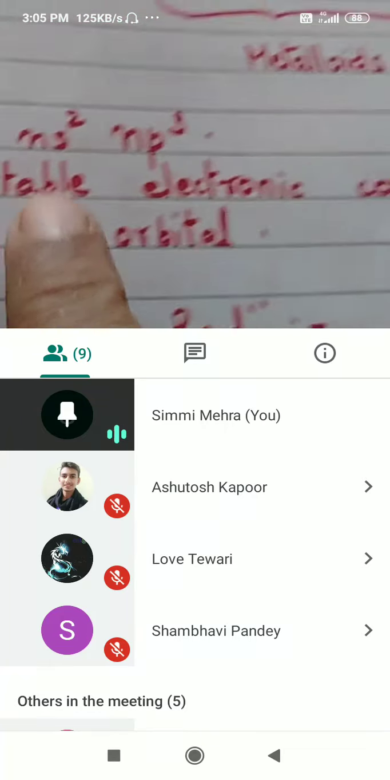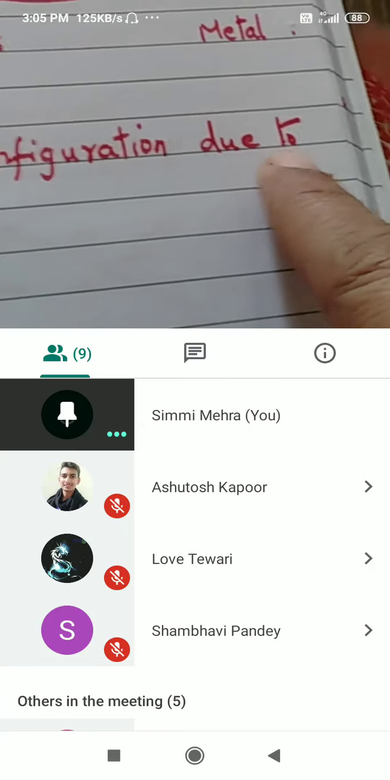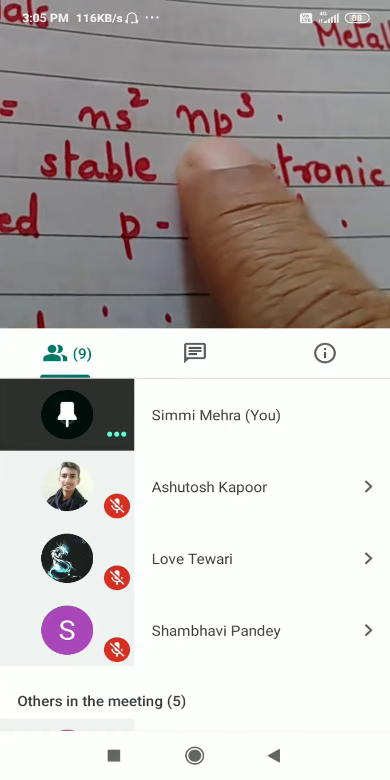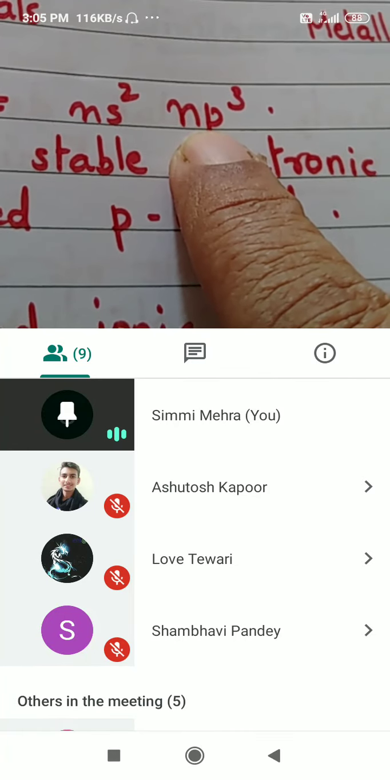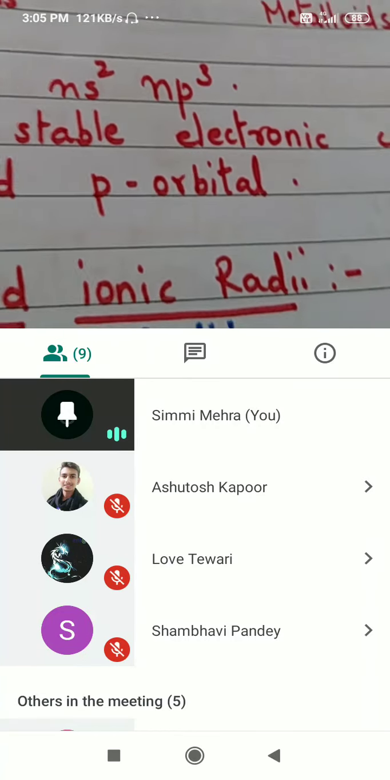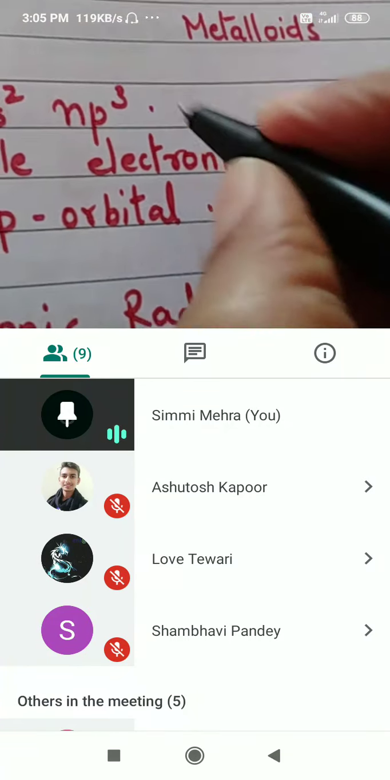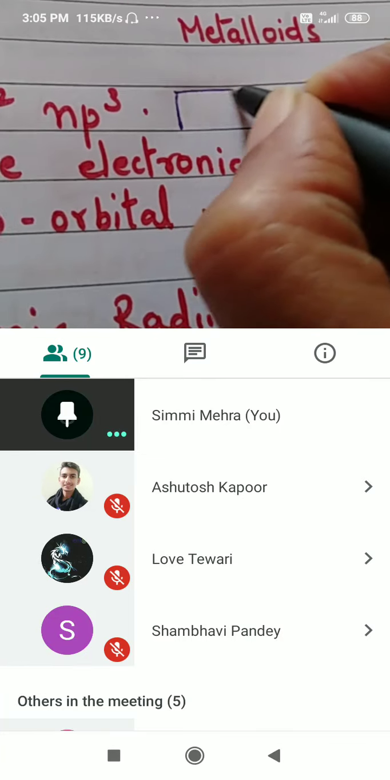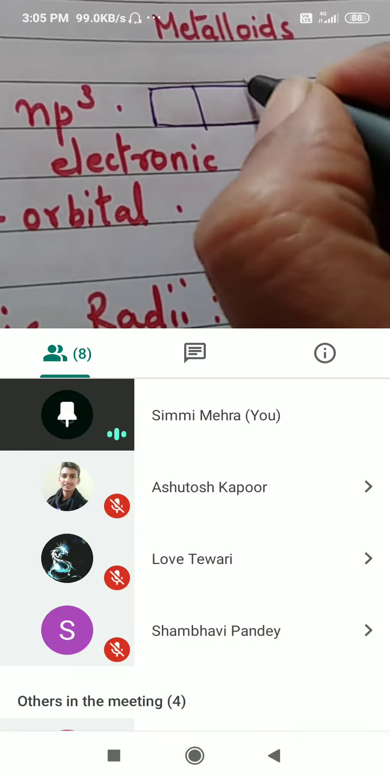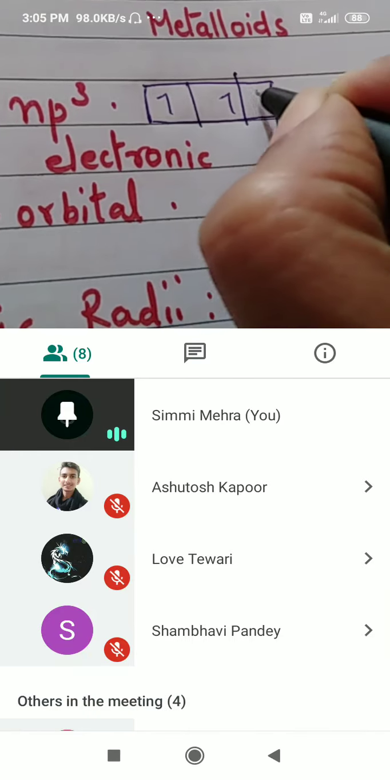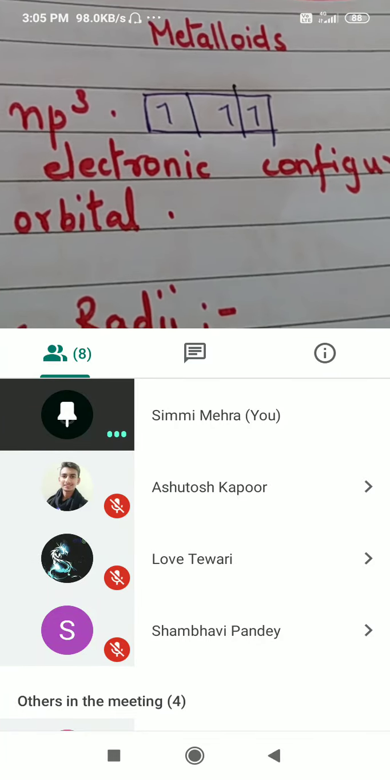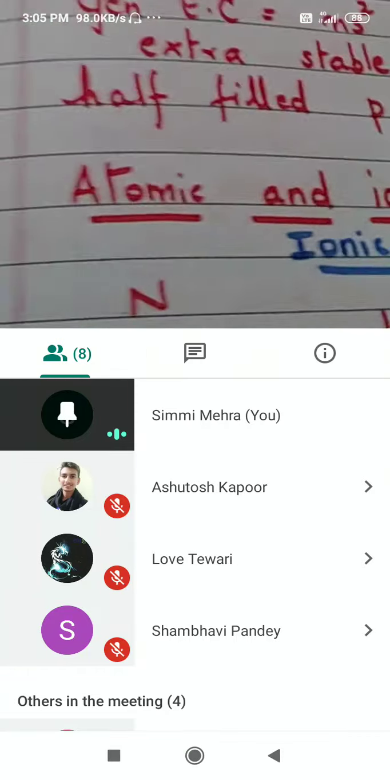Now, extra stable electronic configuration due to half-filled p orbital. See this. The maximum number of electrons in p can be 6, and p3 means half-filled. And how do we draw it? If I draw it, you will be able to remember what we did in class 11. This is half-filled orbital p, 1, 2, 3. This is Hund's rule. Half-filled orbitals are most stable because of exchange energy, right? And